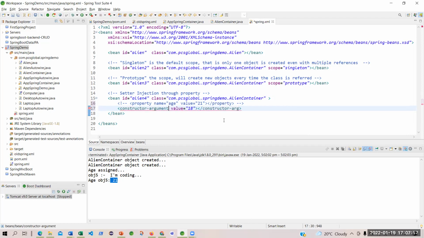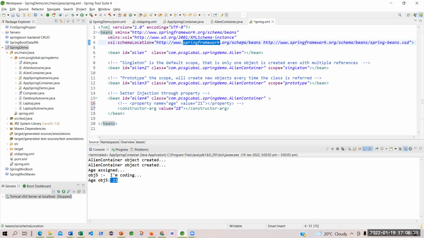That will be wrong because these are all elements defined by XML. So XML knows that if I have a bean, basically this is a DTD or XSD. You will see this is the schema. Who is giving the schema? The Spring Framework. This is the XML defined by Spring Framework.